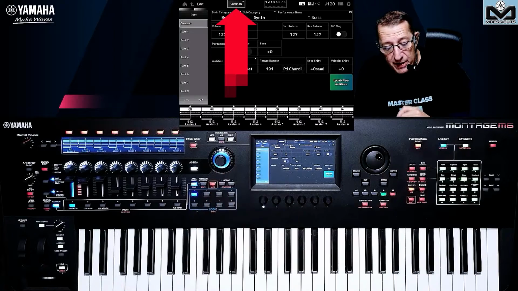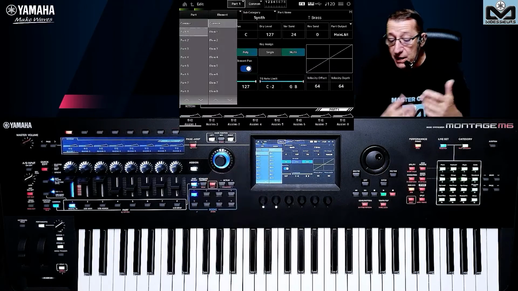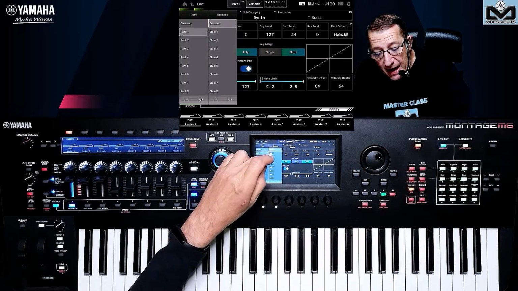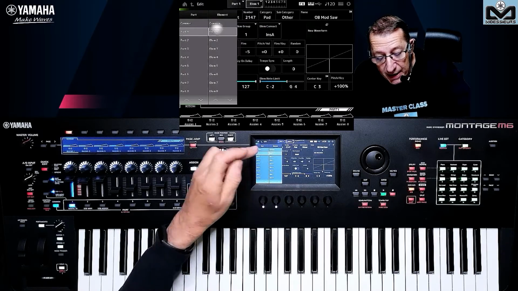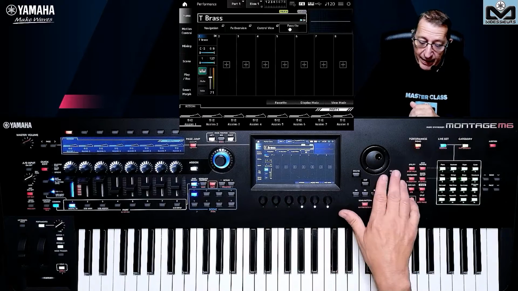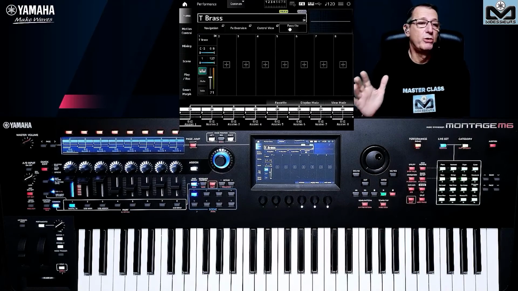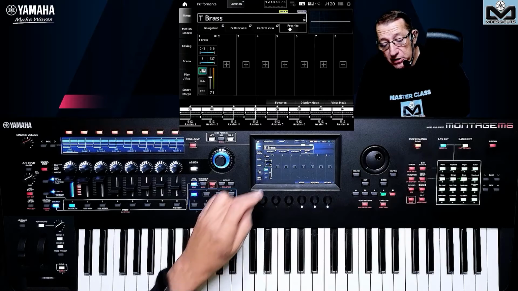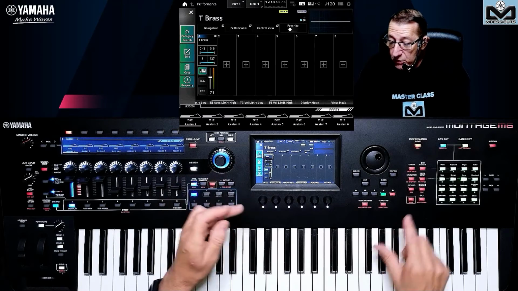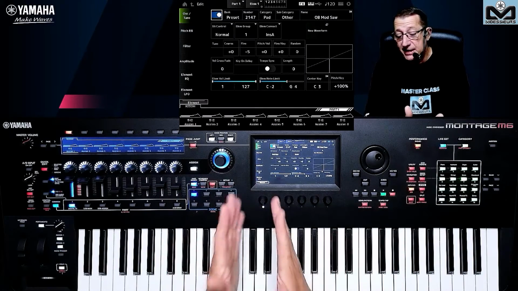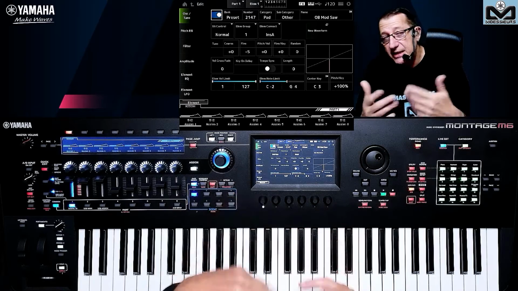You press on common on the top, you press part 1. And when you are on part 1, you have this that opens. And for part 1 here, you can select the element like that. But if you want to go quickly, one of the ways is not to press edit here. On the screen, press on the part, and now you press edit here or here, and you are directly on the part level. Here, it keeps the element level.